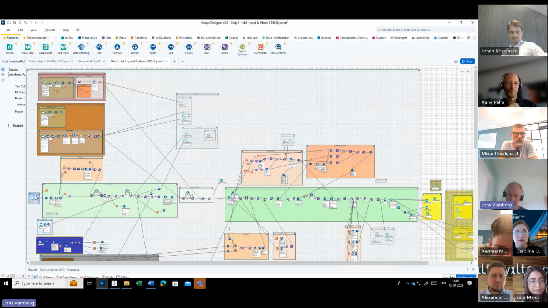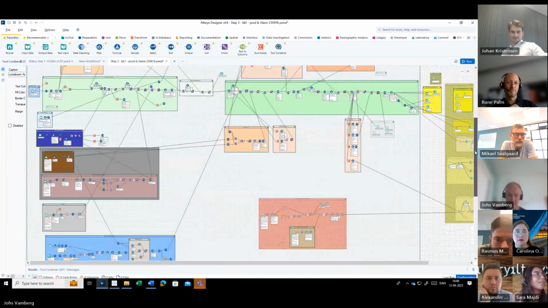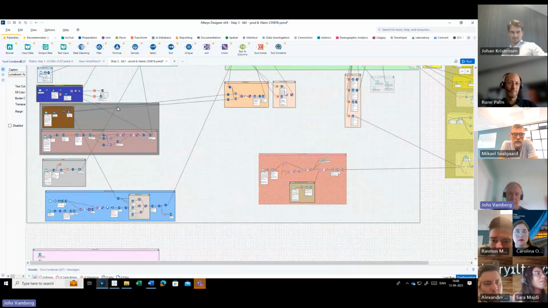If it's a blue one, it's usually an output from another Alteryx program or another process which needs something to be done first. That means I can first execute this program when the blue parts here have been updated. And then if it's gray, it's metadata, a budget, or other things.